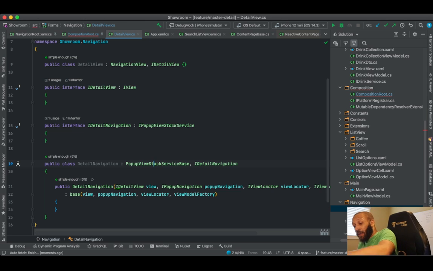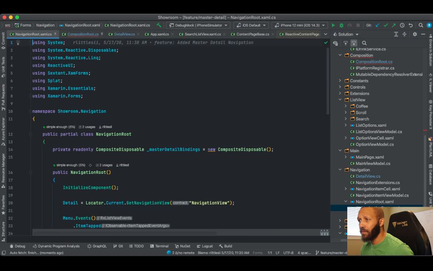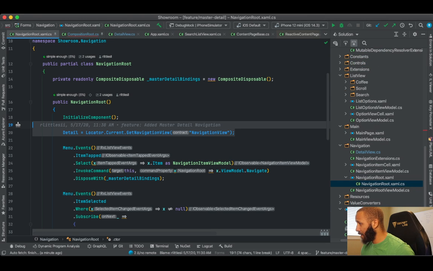But I'm glad I waited, because when I figured out a solution to this problem, not the solution, what I realized is this. My navigation route needs a navigation view. Right, and if you'll notice,